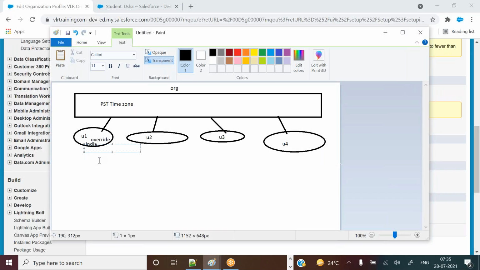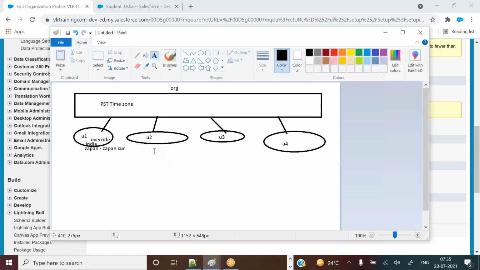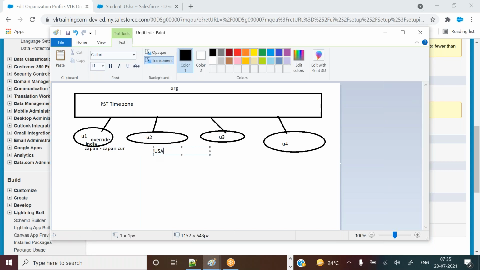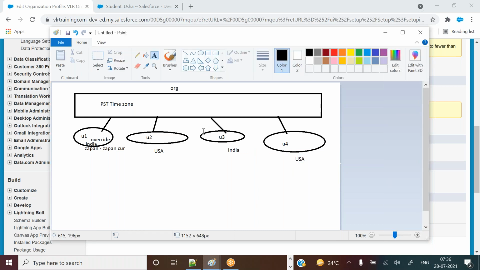This is a Japan user, and Japan currency they want. This is a USA user, and USA currency they are asking for, and this is an India user, and India currency they are asking for.